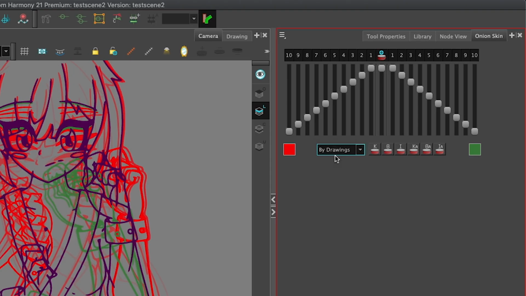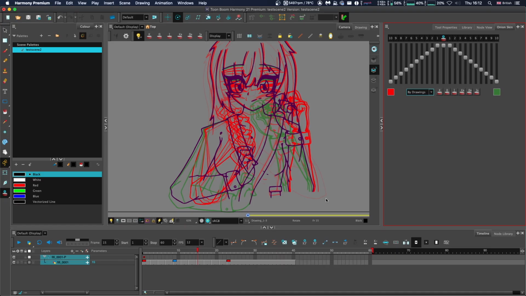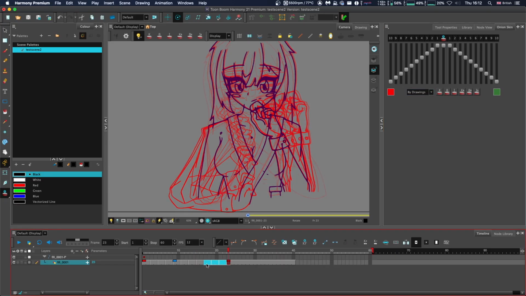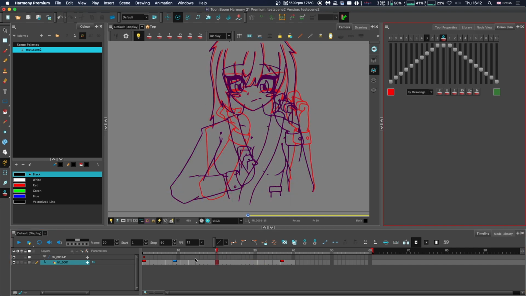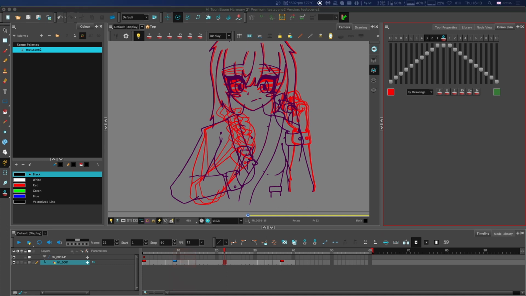By drawings, by contrast, ignores where the frames are shown in the timeline and instead only shows the drawing that's before and after. This is irrespective of exposure, meaning that if you have a drawing with one really long exposure, this will only show once and only take up one button. So if I'm here on the timeline, sampling 3 frames behind will sample these frames in particular. This option really gives us some flexibility. Within Harmony, you can mark drawings as key drawings, breakdowns, and in-betweens, and also mark them as retakes.